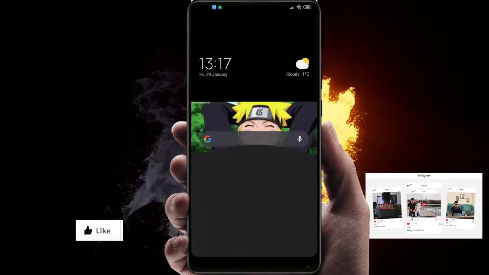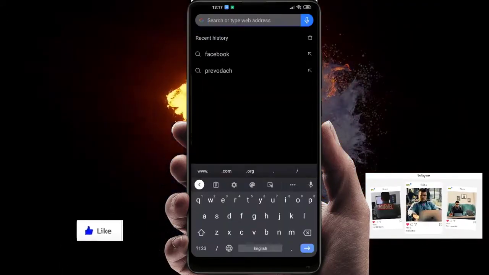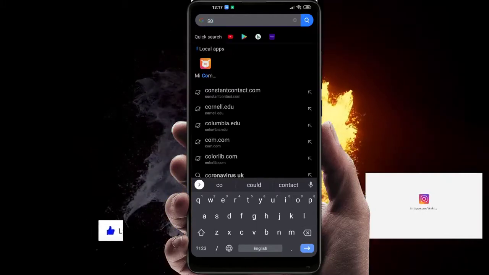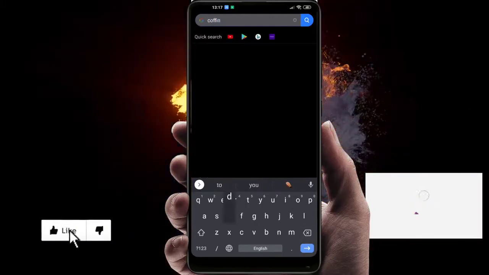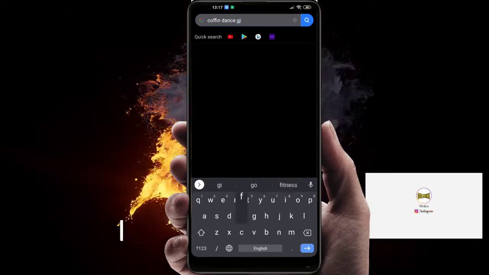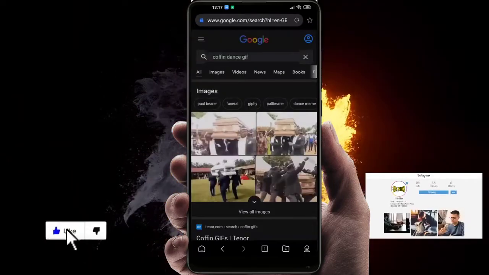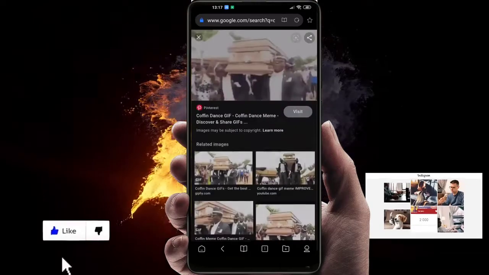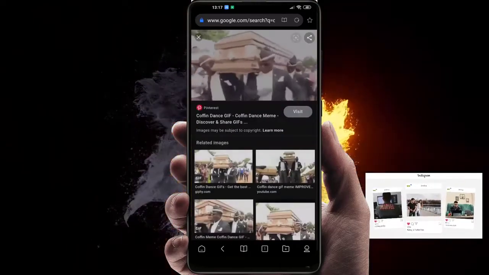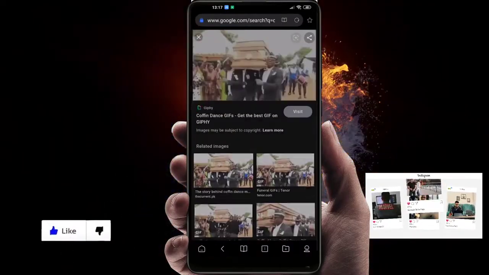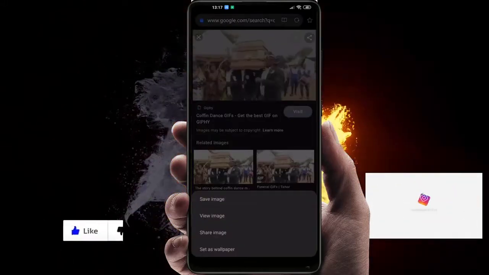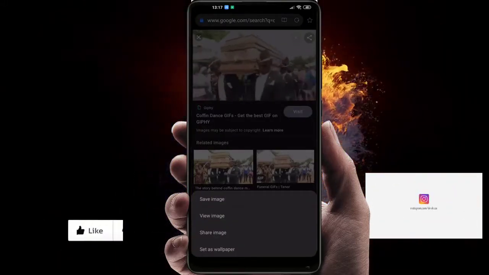So first let's open Google and here search for some GIF that we want to add. Let's say coffin dance GIF like this, and let's download some. Let's say this one. Yeah, this one is cool. Actually, let's download this. Yeah, so hold your finger on the video and just